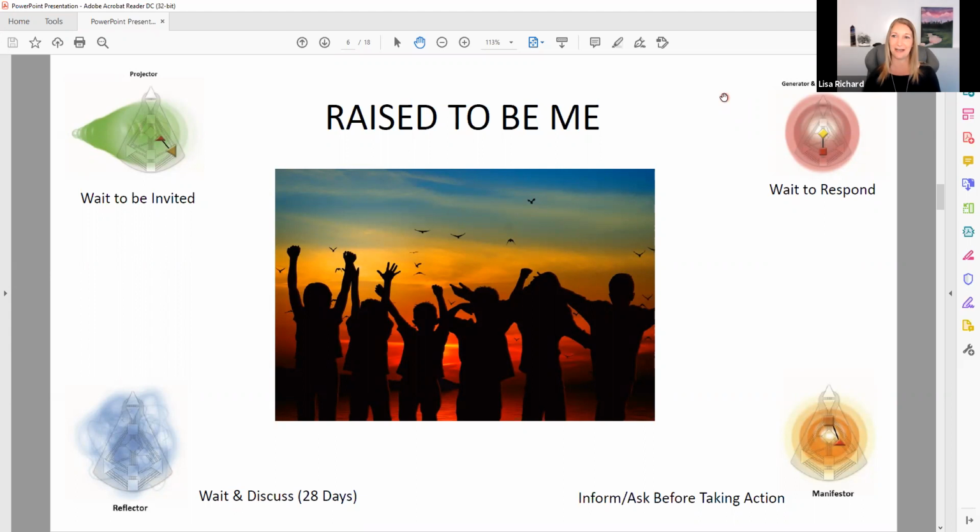Now, manifesting generators have a little bit of a different energetic system in that until they start to do an activity, so they're manifesting, they're putting something into action, they are just not going to know if that is right for them or not. So there has to be an opportunity to allow them to quit. And that is a really hard concept to grasp because we're raised in a society that teaches us when you commit to something, you have to stay to it. You can't quit, you can't give up. That is called a failure. Now that is called mind conditioning.